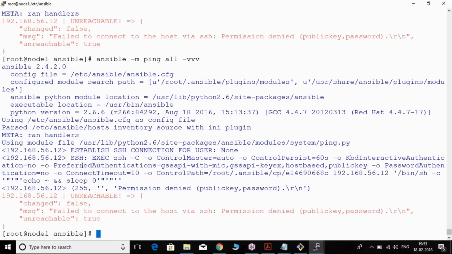Sorry guys. Basically, it is trying to connect to that particular server and trying to execute some SSH connection. It is connecting to the server via SSH, then executing some commands internally, then giving us output. It is saying permission denied, public key, something is not there. So before going to that, what I am trying to do is -u, username is vagrant, -k. When I say k, it will ask